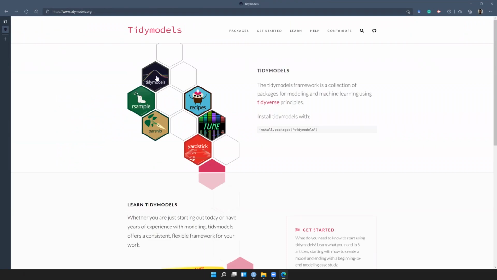So Tidymodels is basically a wrap-up of different other libraries in R related to data modeling. We have rsample to do the data split, recipes to do workflows, and parsnip is the machine learning. So when you are using those type of functions,